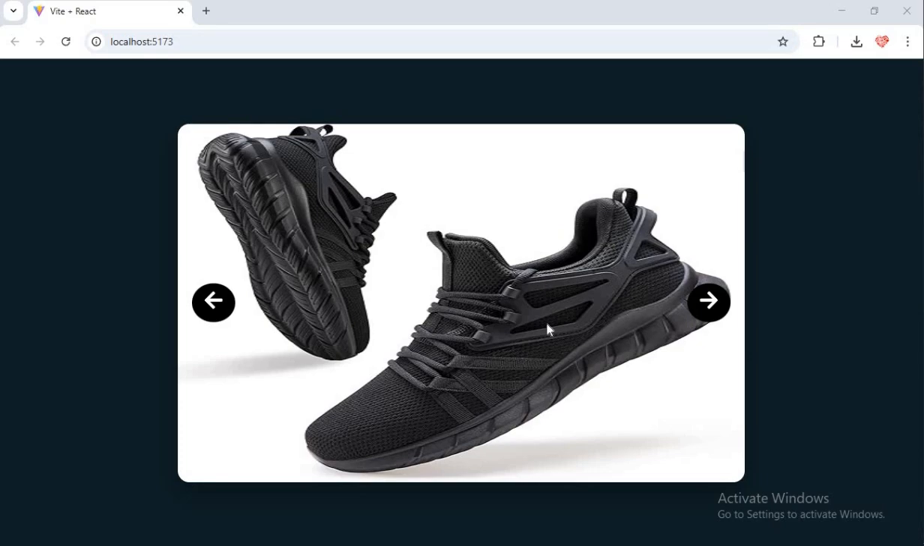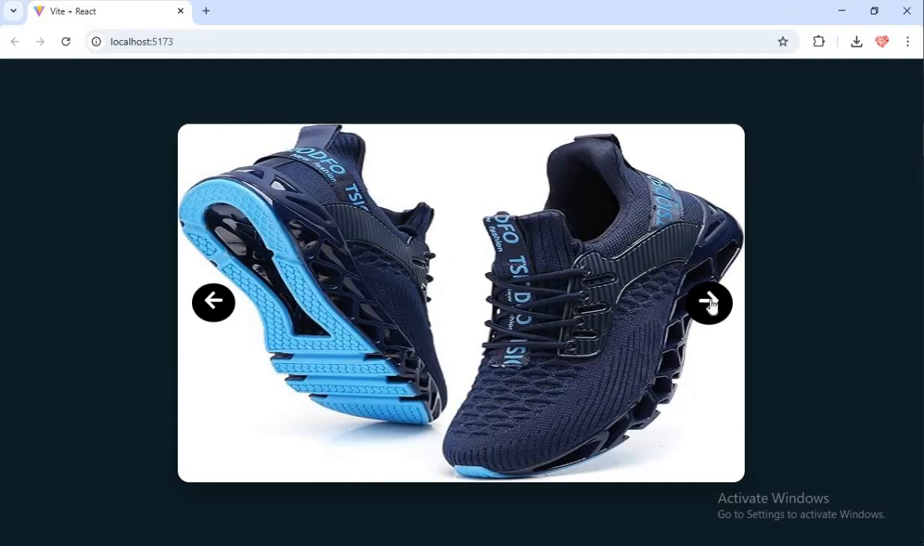In this tutorial, we're building a stunning image slider from scratch using React.js, CSS, and React Icons. In this project, you will learn to use useState to track the slide changes. You will learn to style your slider with CSS, and also you will learn to add icons from the React Icons library. For this project, we're not using any third-party slider plugin, just pure React and modern CSS